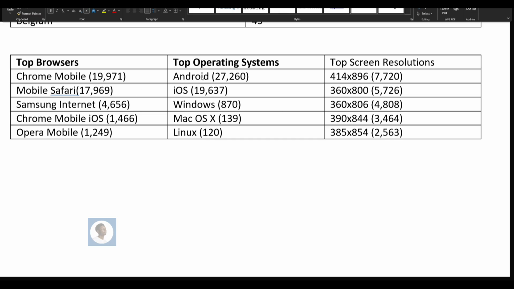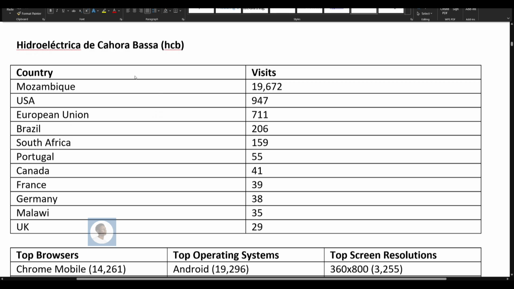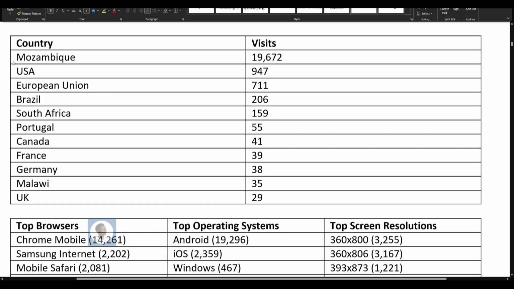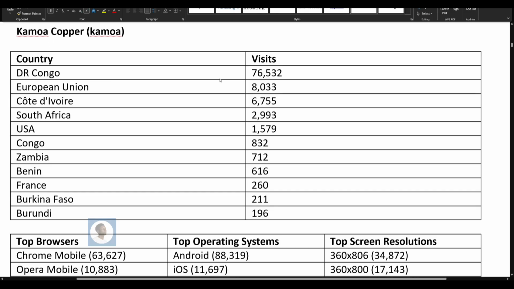Most importantly, people use their mobile phones, so once these links are shared, they will probably view them through their mobile devices. This fingerprinting was also done for another page, where most of the visitors were from Mozambique. For another, most visitors were from DR Congo, aligning with the fact that this organization is within DR Congo. All the people visiting are people with genuine need of opportunities, but they were used and made to make money out of.